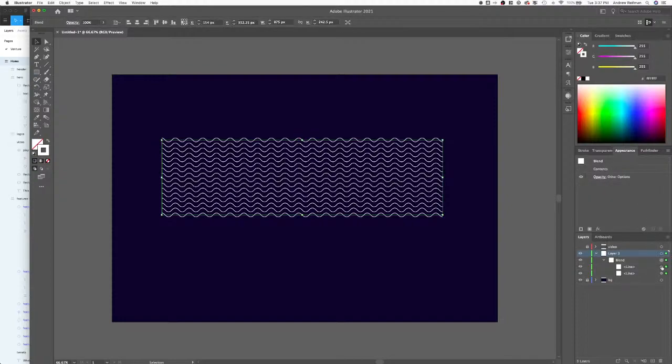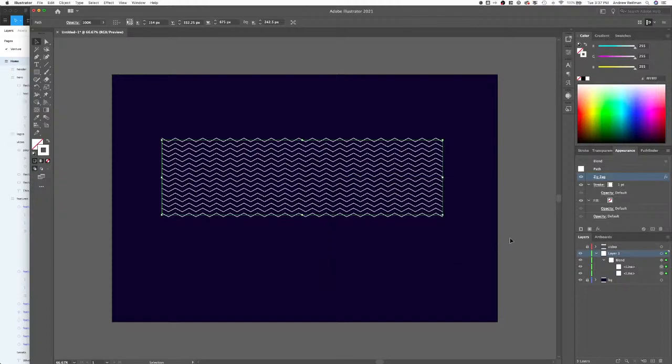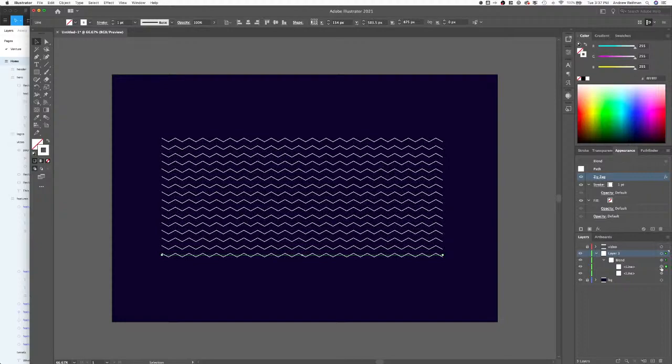I just can't decide if I actually like... I might go back to the sharp one. Yeah, let's go back with sharp. Just a feeling I have in my gut. Okay. And just to kind of ensure that I have enough pattern to play with, I'm going to increase the